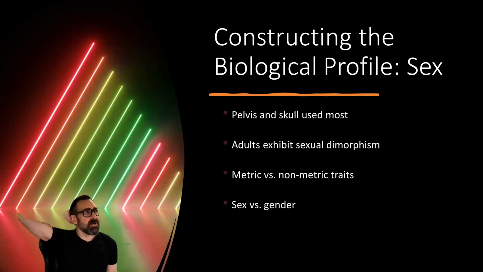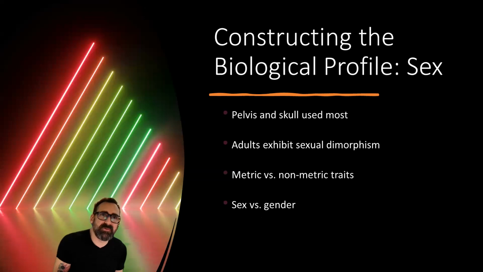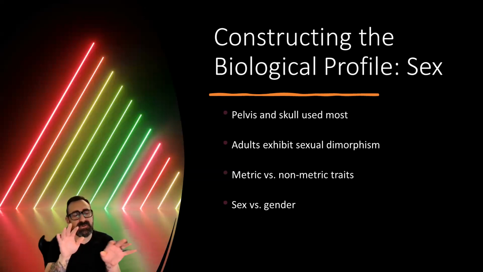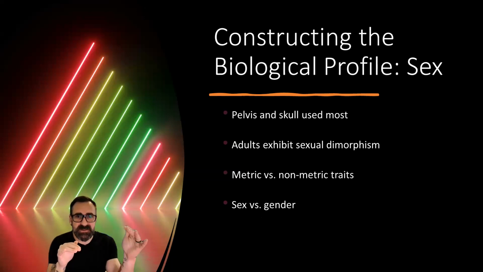So one of the first things you do, and there are two things forensic anthropologists often start with, is either determining the sex of the individual